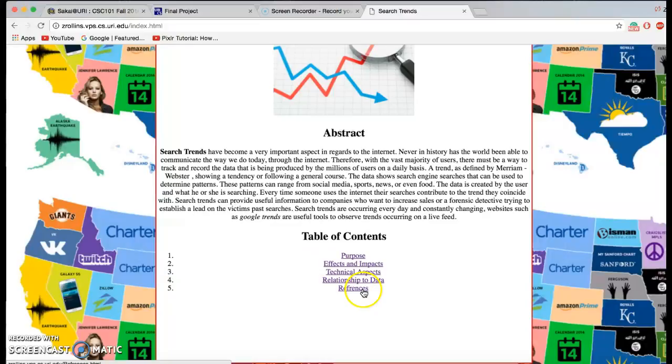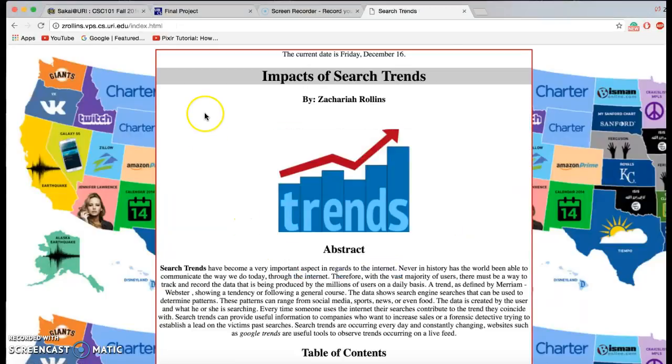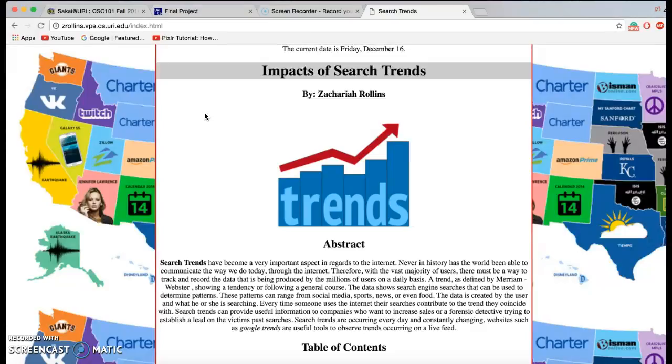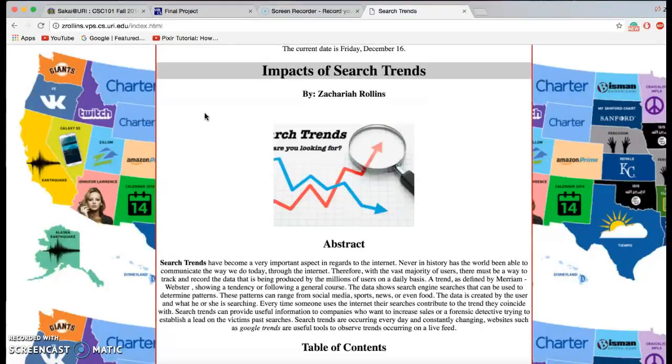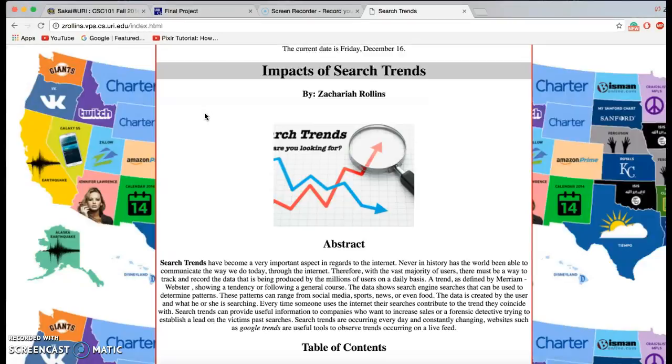So coming to a close, just have my reference page. I used some words from Merriam Dictionary, did some research on Wikipedia, and then took some stuff from Google Trends as well. I enjoyed doing this project overall. A little difficult for me just because I am a marine affairs major, so I talk about fish more than I do about HTML. But yeah, all in all, it was a good class, and